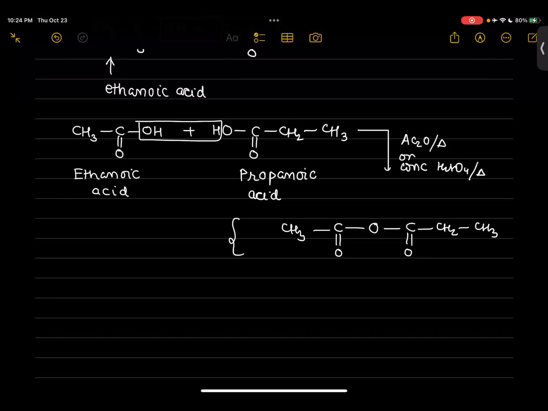One was ethanoic acid. Okay. So we are going to use ethanoic. And the right part was propanoic acid. Okay, so we are going to put propanoic also. So ethanoic,